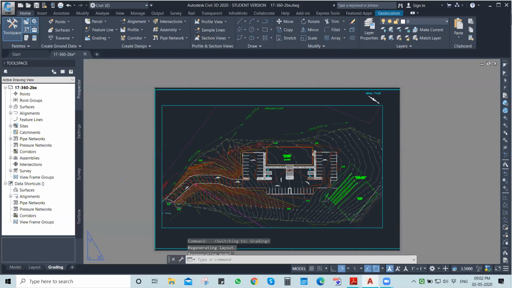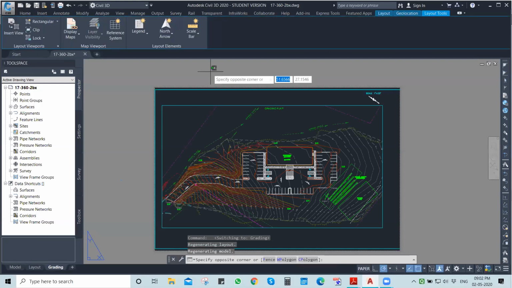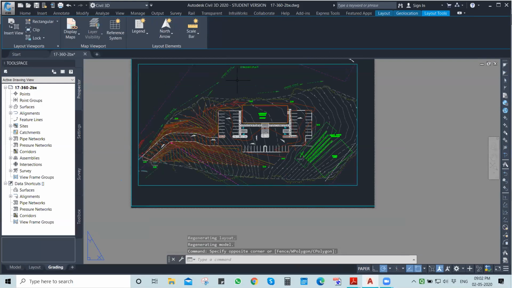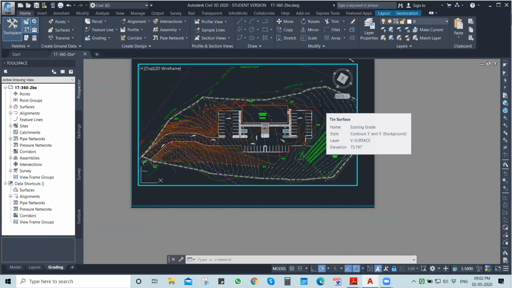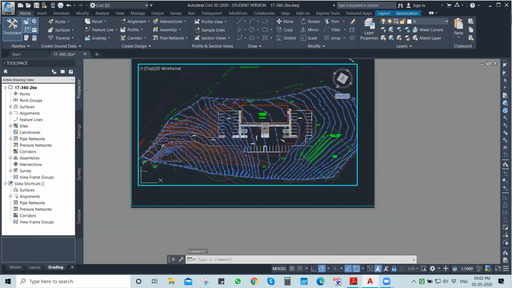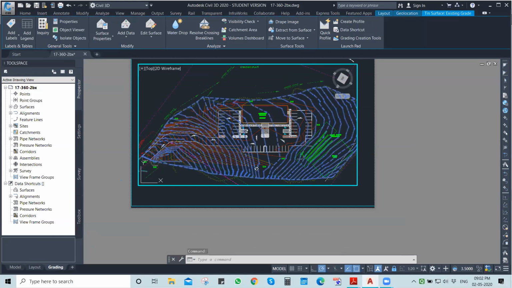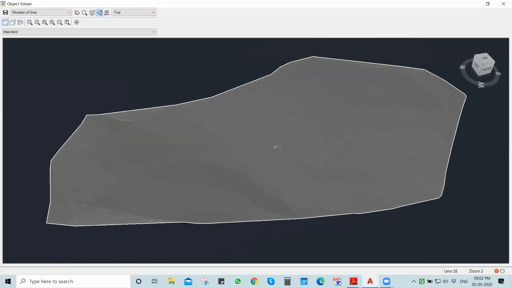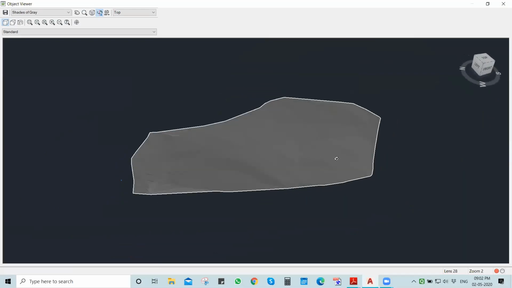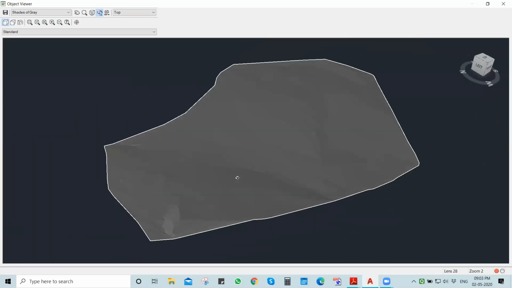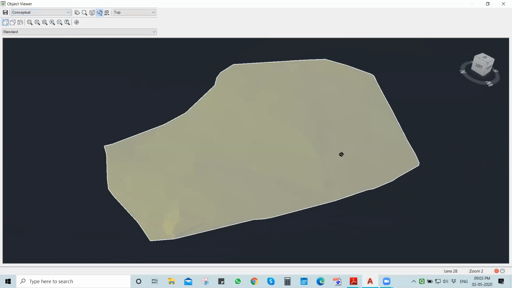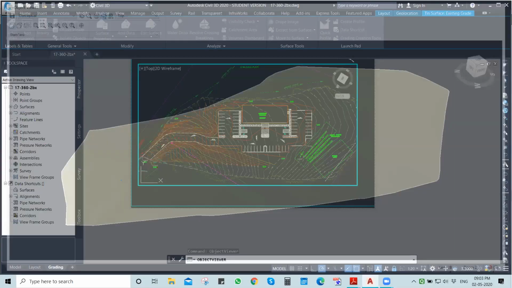And going forward with the surface I have, I must show you the 3D surface. For the last 15 to 20 minutes, I was just speaking about the surface. So what surfaces actually look like. So if I click this and check a 3D view, this is the 3D surface that I have, the existing surveyor data. The surveyor gave me this. This is the existing terrain. This is the proposed surface I have created using my proposed values.